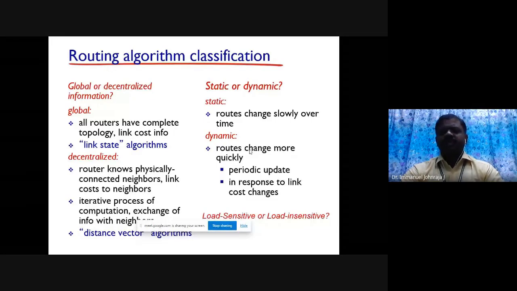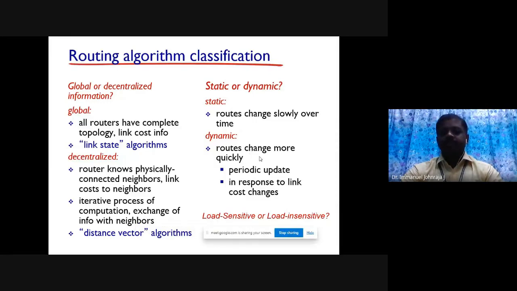In the case of dynamic, we always say it has some advantage over static, because it does not need the administrator to intervene often in the network's operation. Whereas in the case of static routing, the story is otherwise, where every link change has to be reflected in the routing table by manual intervention of the network administrator.